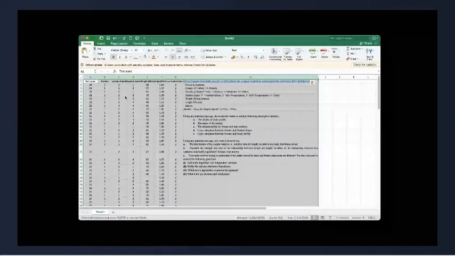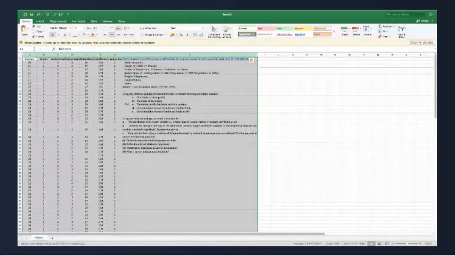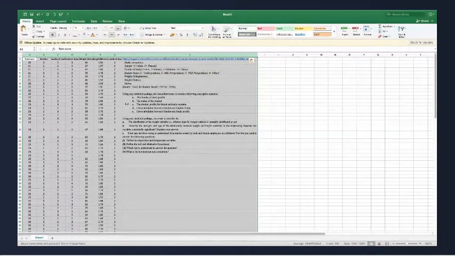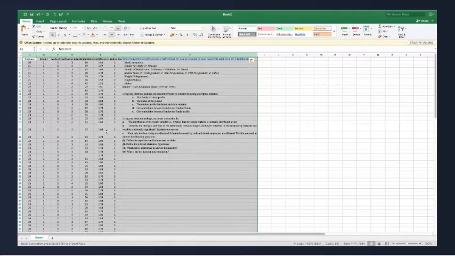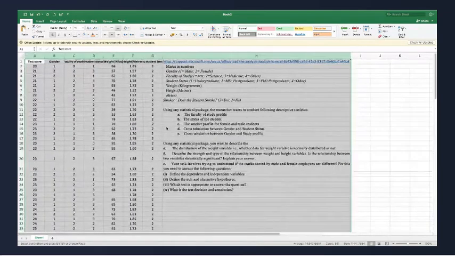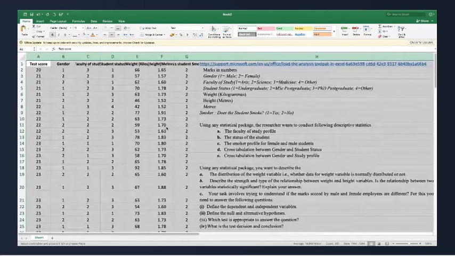Yes, we can see it. Yeah, thank you. Ma'am, we can see, but it's a little small. Okay, I will zoom in. Okay, fine. Yes, now it is better. Thank you.